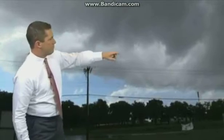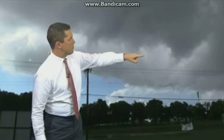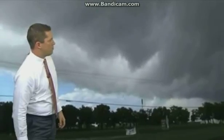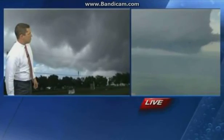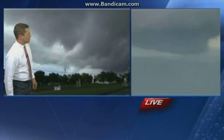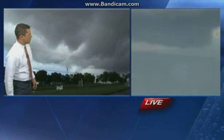Thunderbird. Guys, this is crazy motion right here. Wow, I'm not seeing any debris being kicked up on the ground, but this is literally just a few hundred yards from us. This is right here. In fact, you can see the tornado siren right there in the shot. We are on the east